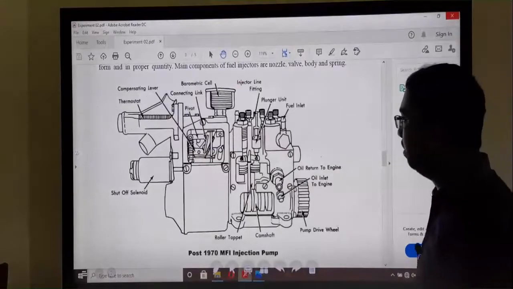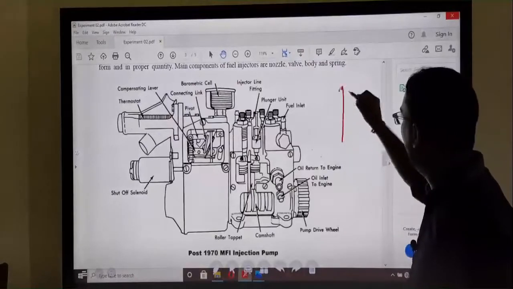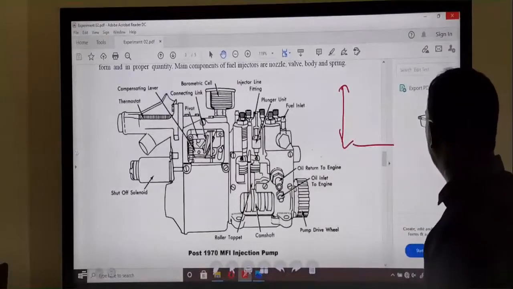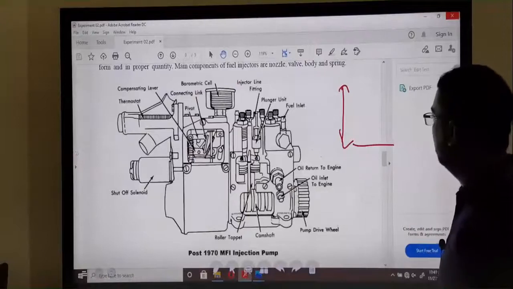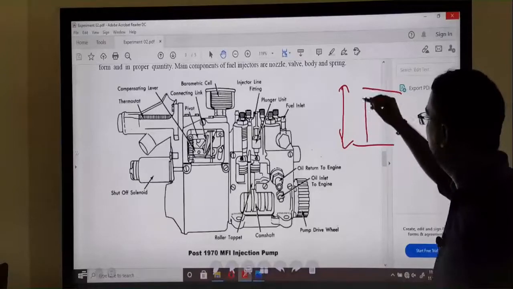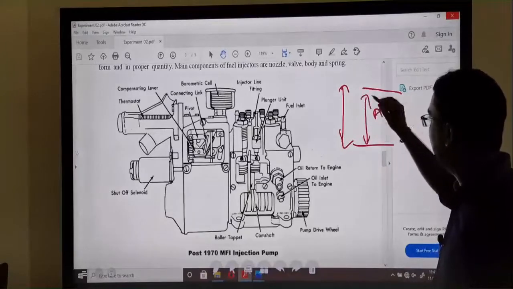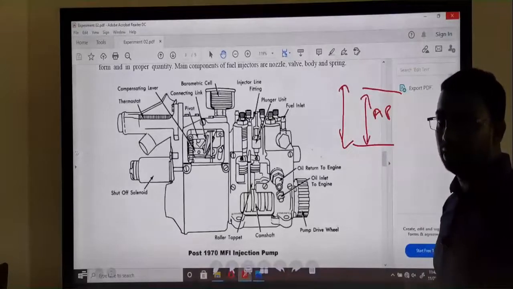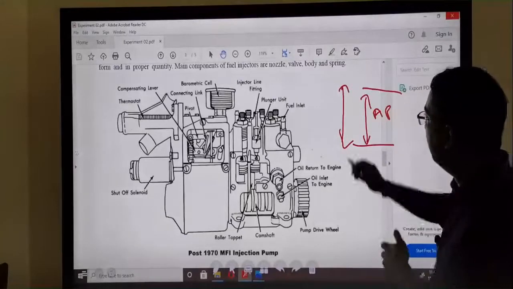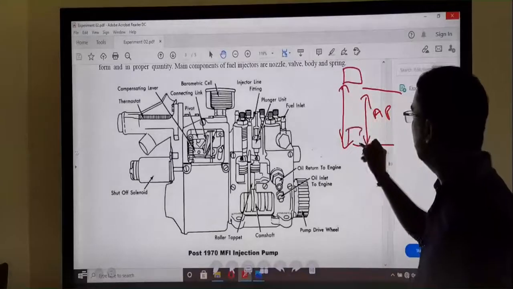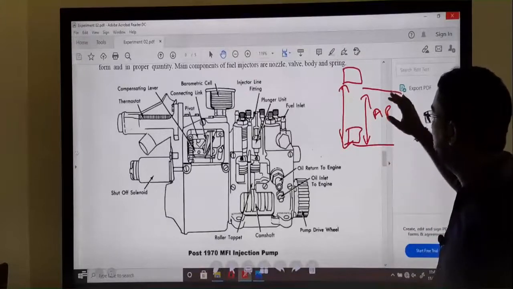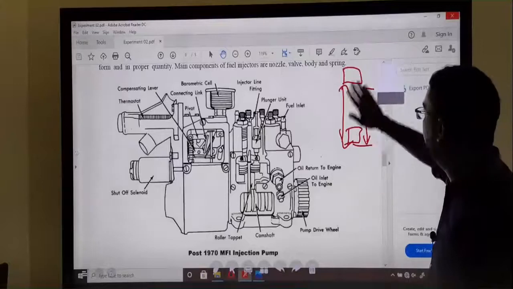That's why some pumps do not work well because of the altitude, that means the land height also depends on the pump efficiency. Because of this height, the atmosphere pressure also changes with the land height. So people say the height where the pump is located is also linked to and dependent on the efficiency of the pump.